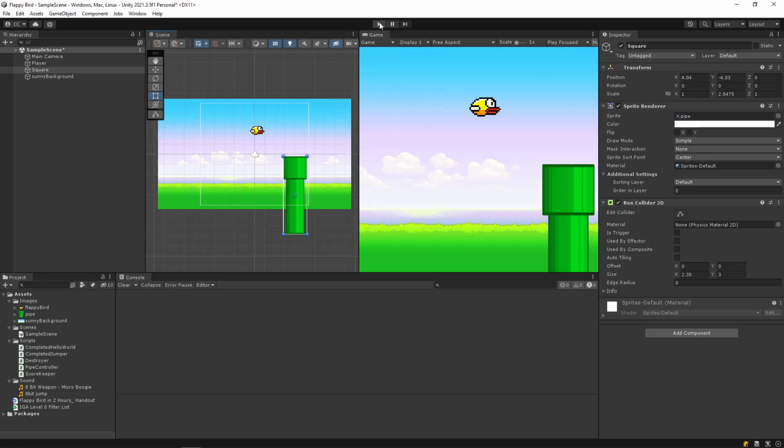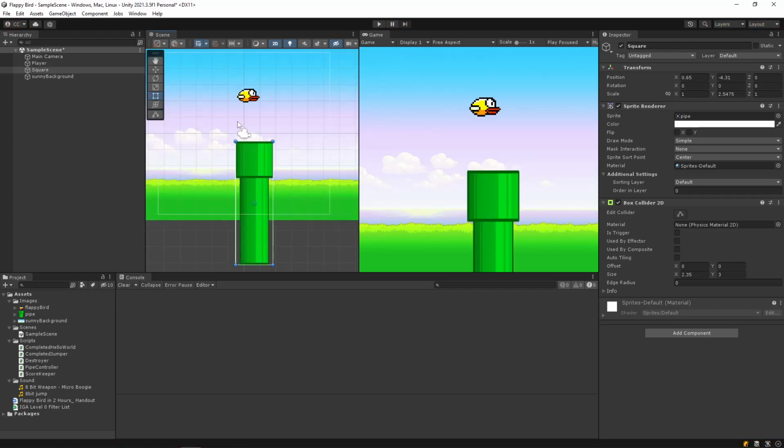Hey Dylan, can you just do the resize thing? I was just playing around with it. I just missed that. Sorry. So you're asking me how to, for the pipe specifically? Yeah. Okay. You can select it, and you can either directly edit the Y scale inside the transform component, or the collider. Oh, the collider. Okay, gotcha. So you just click on the three dots next to the collider and click reset. Got it. All right.